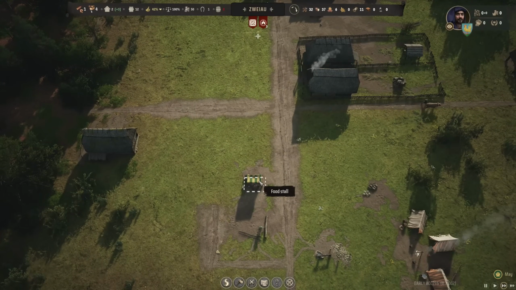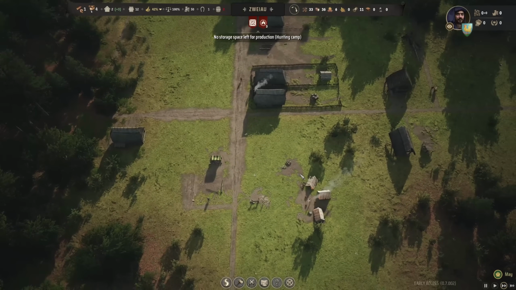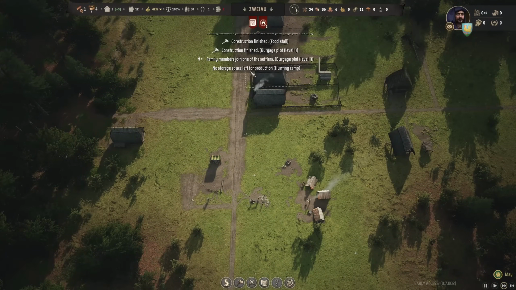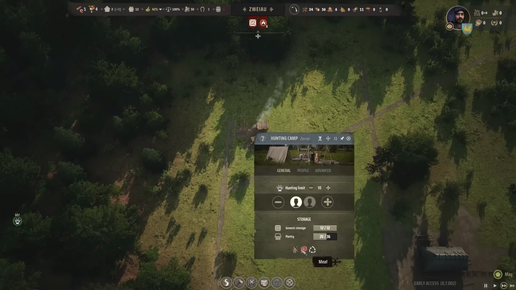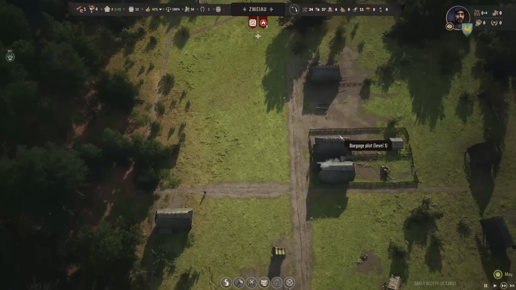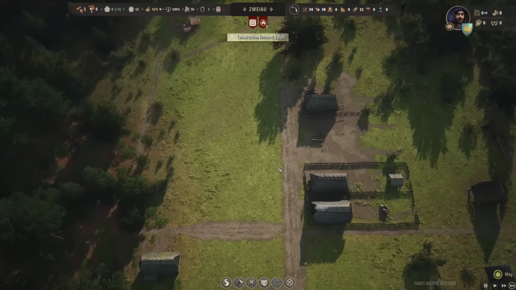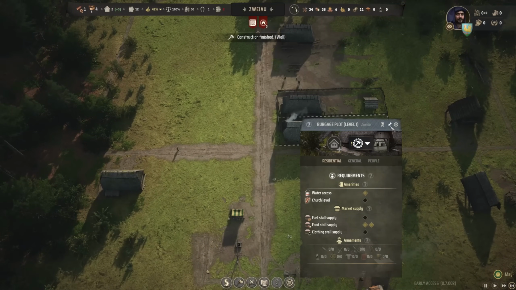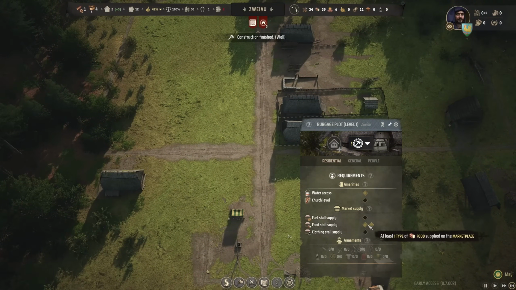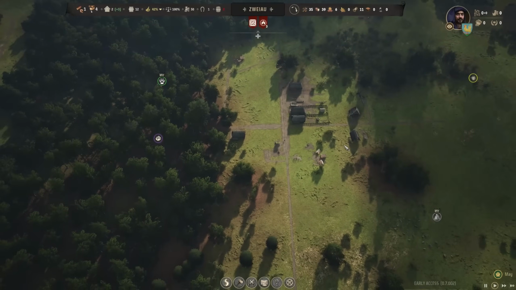We have the food stall right here, which should keep people happy. That'll start distributing food to all of my people. No storage space left for production at the hunting camp. Interesting. So they have got meat, they have got hides. That's good. So hopefully all of that makes its way around, and hopefully all of that ends up being used for whatever. We've got the well here, which should, yep, water access is covered. Food supplies are covered. So fuel and clothes are kind of the next things,